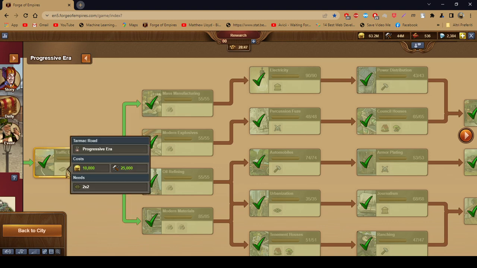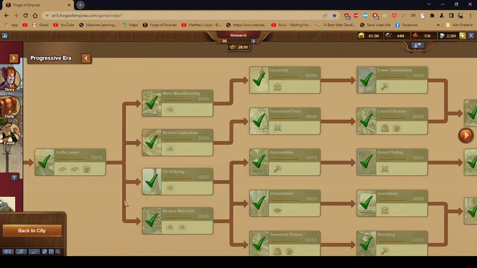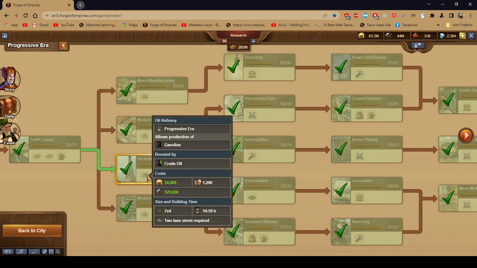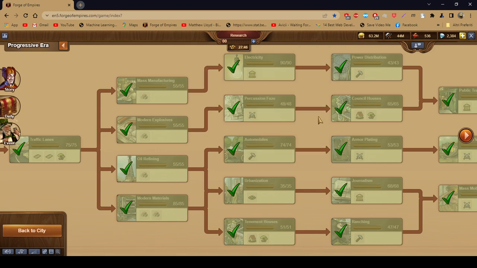It's very radical because a lot of buildings in progressive era require the presence of a 2x2 road. You have to build them within the 2x2 road. Especially the goods buildings, they all require to be built along a two line street, or 2x2 road, rather. Also some of the military buildings as well. The only buildings here that do not require a 2x2 road,